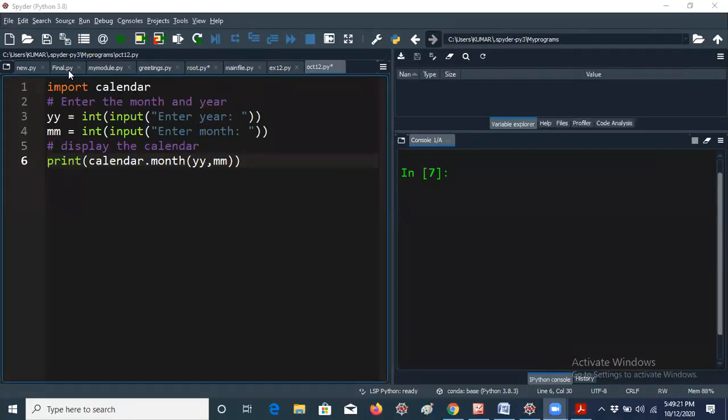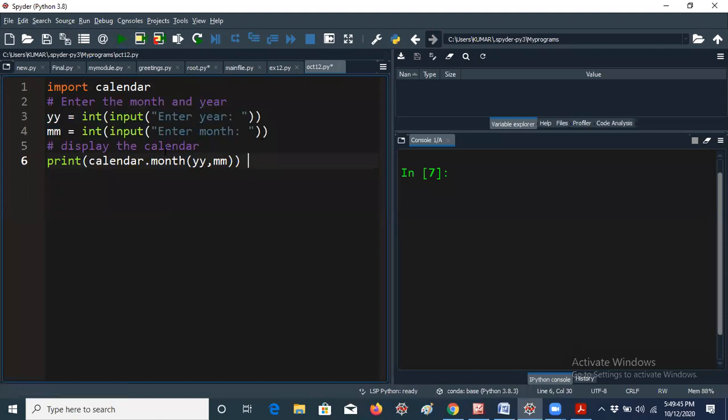So this is called import calendar. You know that whenever I'm giving import, import is a keyword, and calendar is a module. We have some predefined methods like month. That's all. Here nothing else is there, guys. See, this is only a 2-line program. I'm adding these 2 lines actually, that's all, okay? So what is this, sir?